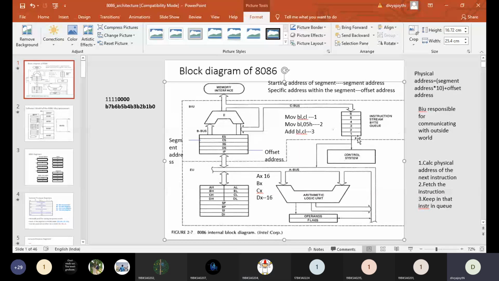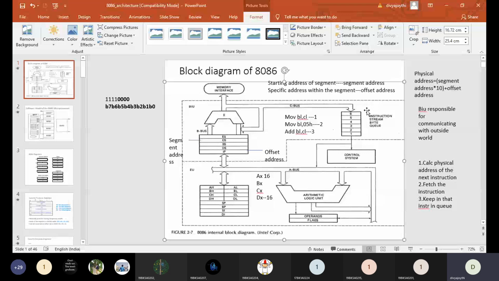Yes, ma'am. So if it executes 1 byte, there is a space for 1 byte, right? So now my question is, is that 1 byte going to be filled up by the BIU or not? Yes, ma'am. But the answer is no. Even though there is a space of 1 byte to store the next instruction, the BIU will not fetch the instruction and will not store the 1 byte instruction here.